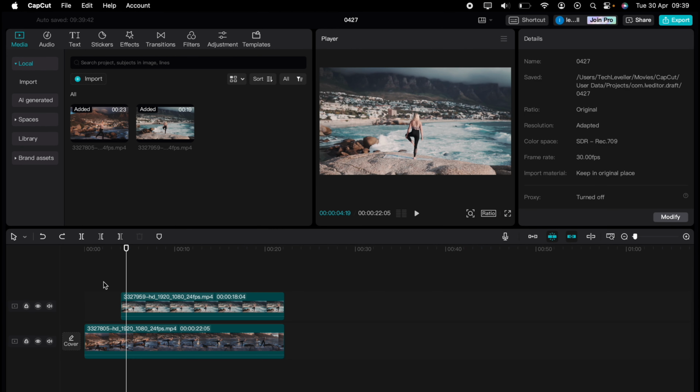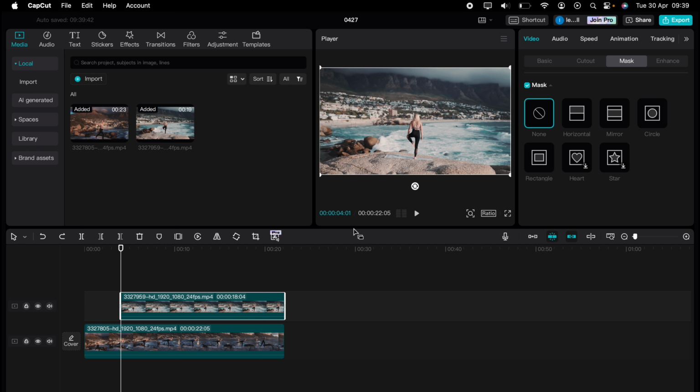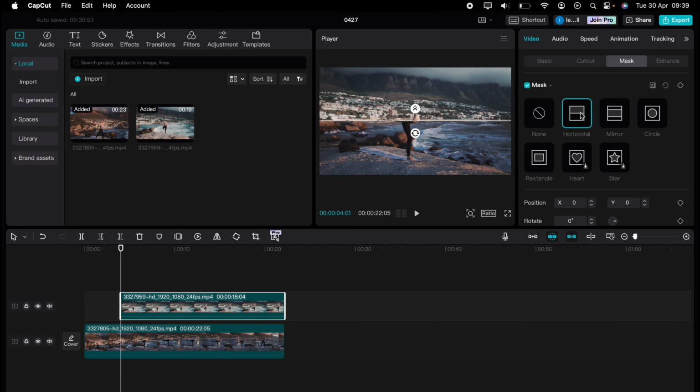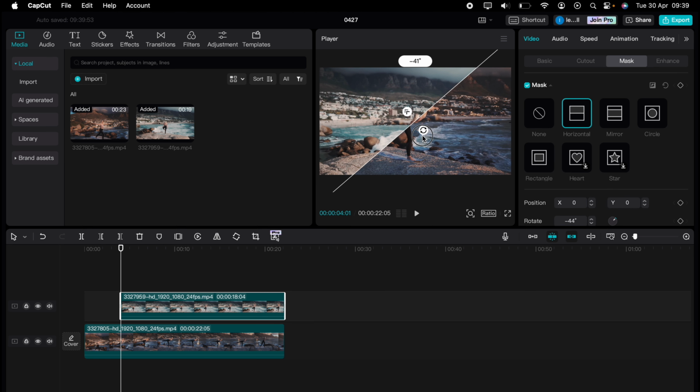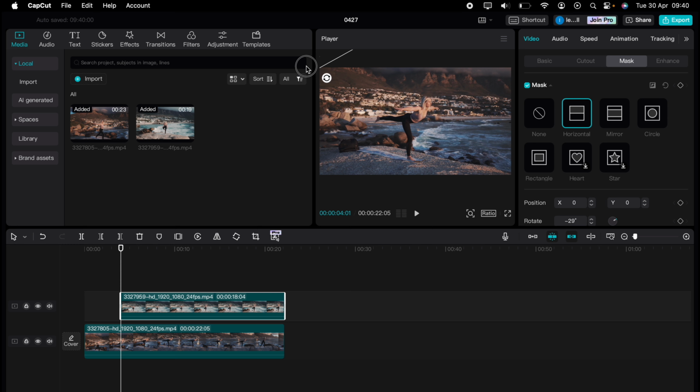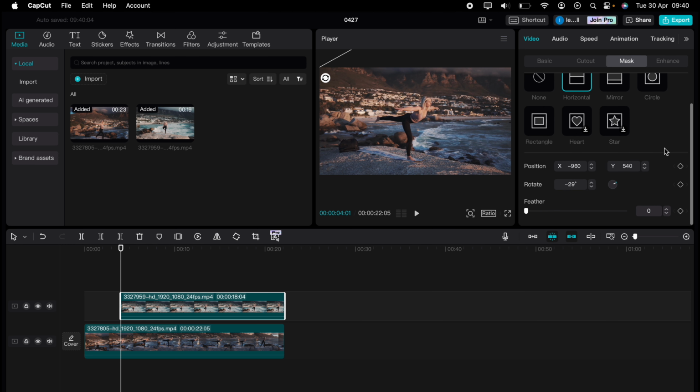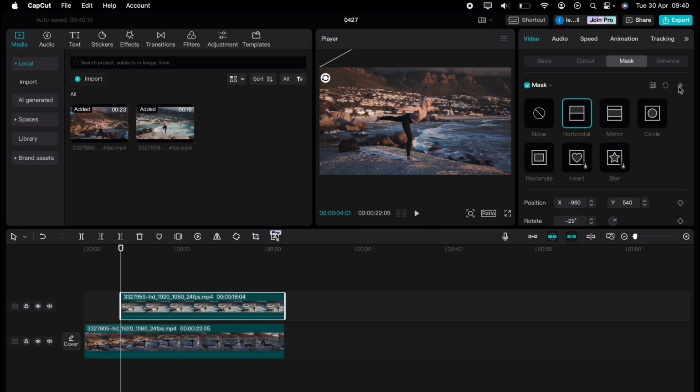So let's show you the second way. Again, get to the start of the clip, video, mask, and then we'll select horizontal again. This time, go 29 degrees, and this will go corner to corner. Bring the mask completely off the screen in the top left hand corner. Again, you can feather if you wish, add a keyframe, move the video playhead on slightly,